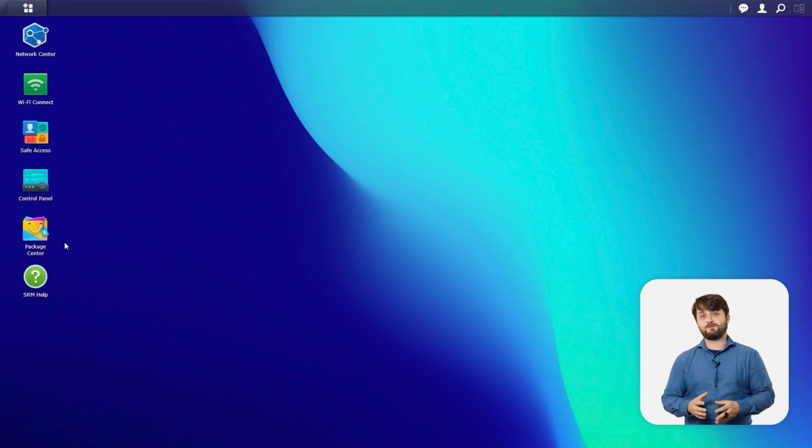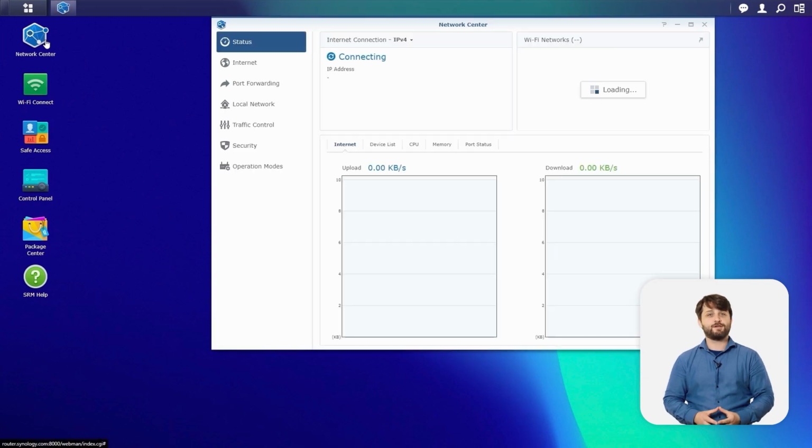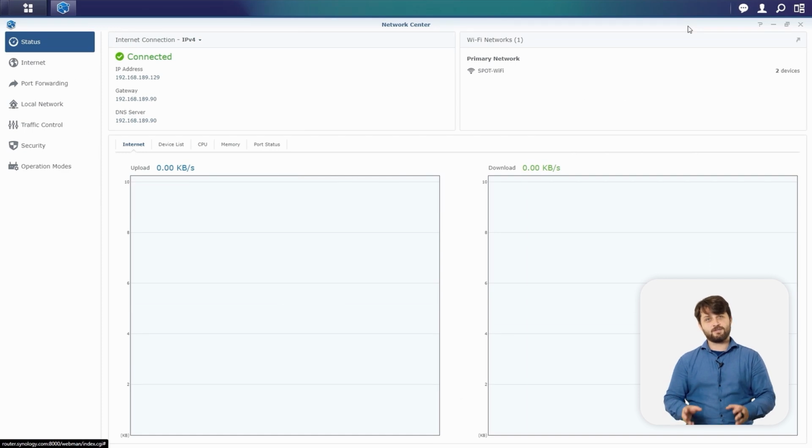The main point of this demo is to show you the two main locations that you're going to be controlling your router from. The first of these is actually Network Center, and this can be where you change a lot of your network settings of the networks that your router actually manages. So on this main status page, you can see your general connection to the internet. You can see we're green and good to go, and you can also see some performance metrics below that.